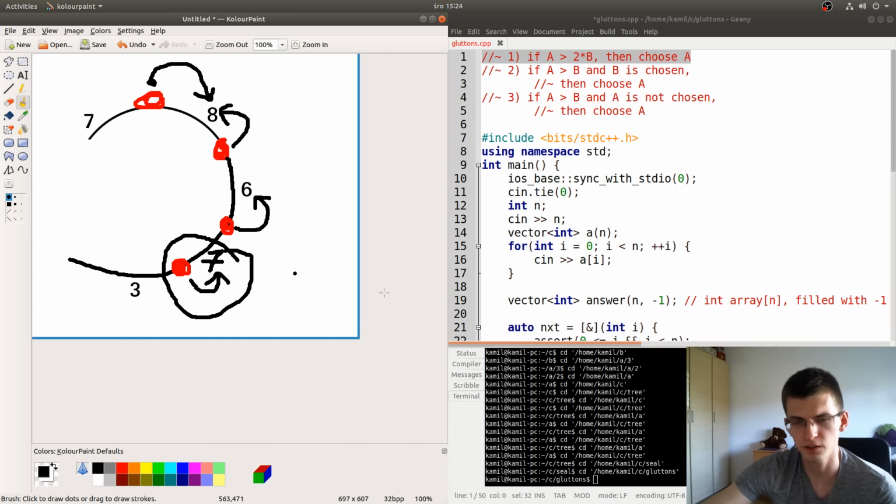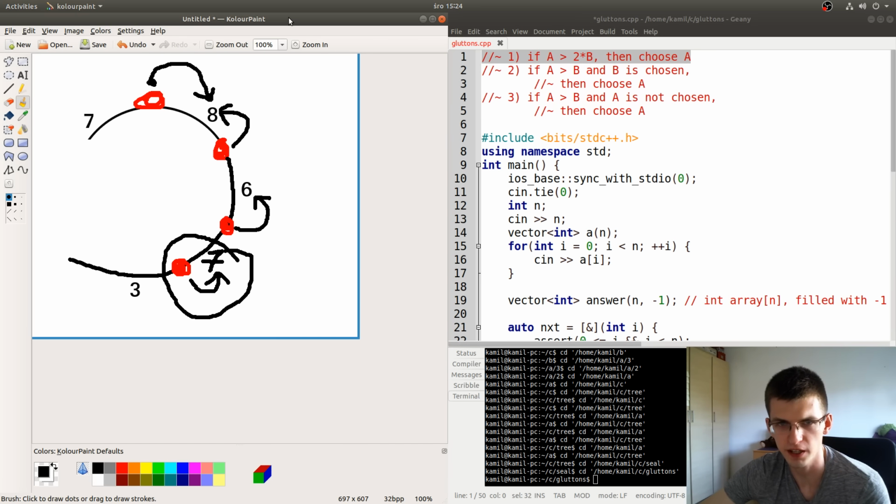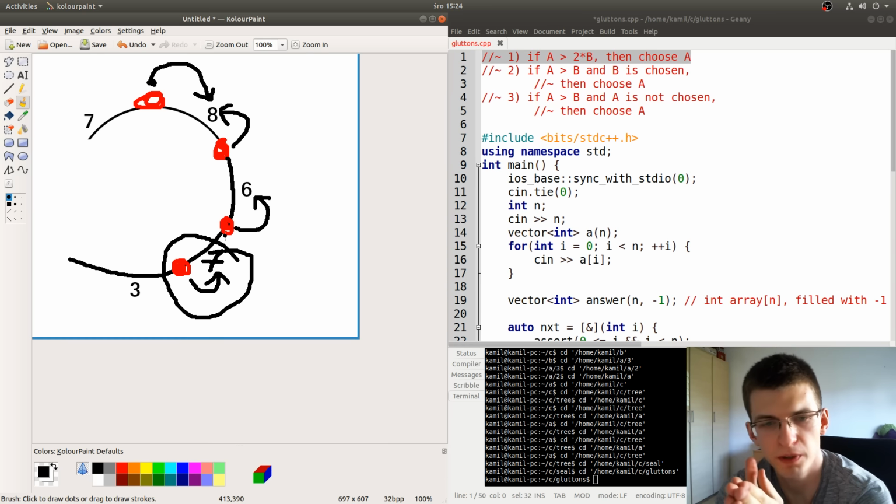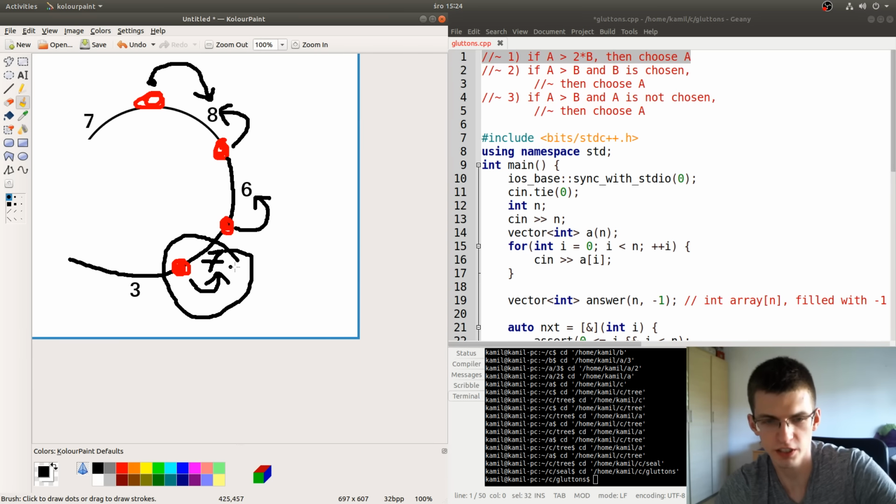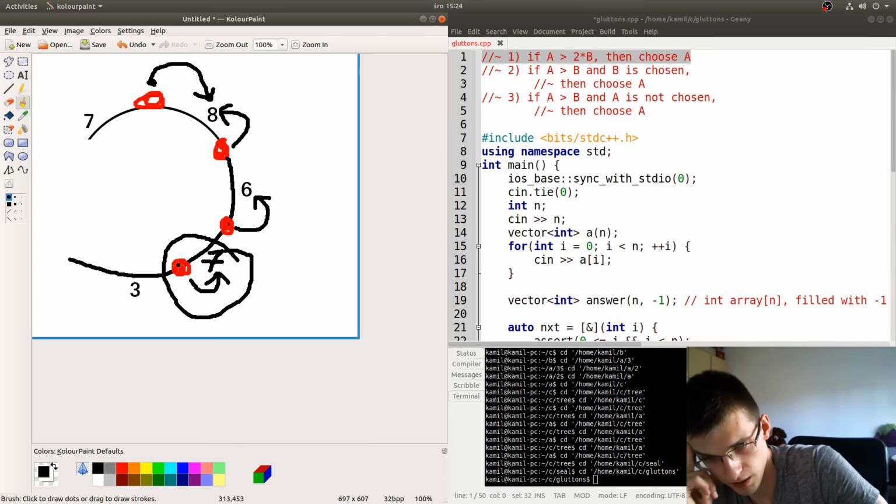So maybe instead of doing things greedily from some place, it will be correct to do things greedily starting from some person next to a taken cake. So here we know that 7 is taken by this guy, half of 7.